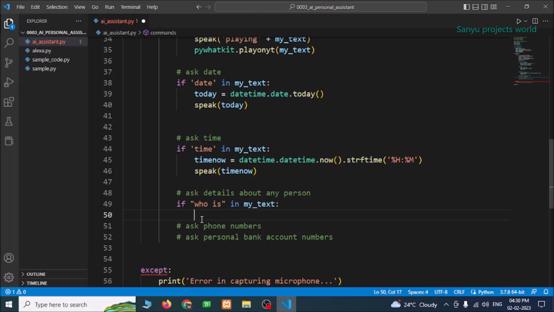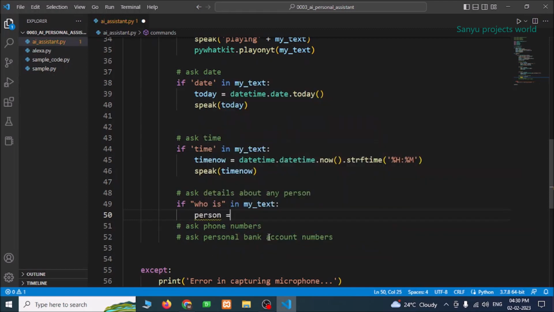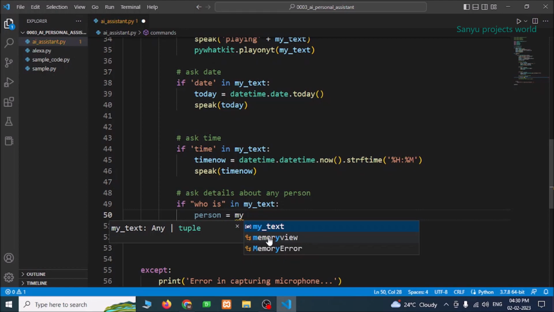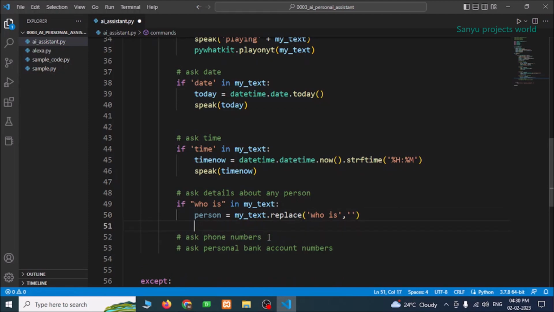So here who is and my text. So we are going to get the person is equal to my text dot replace. We need to replace the word who is with empty,